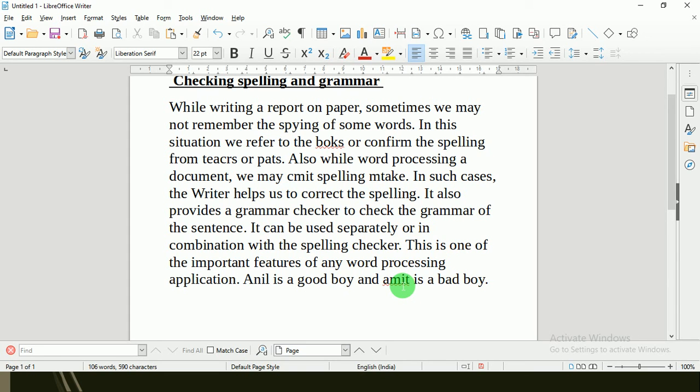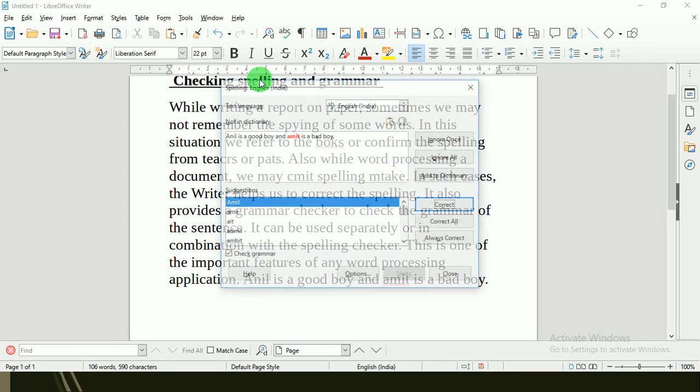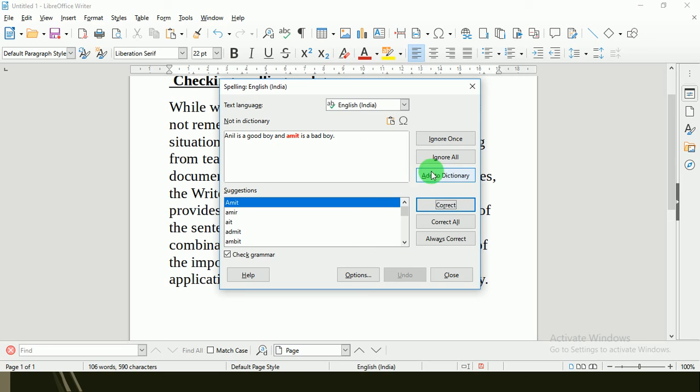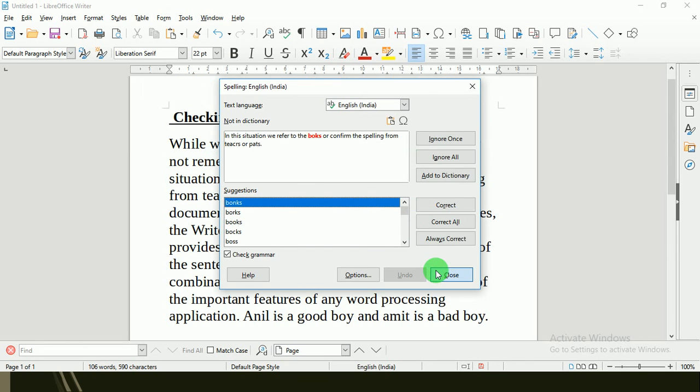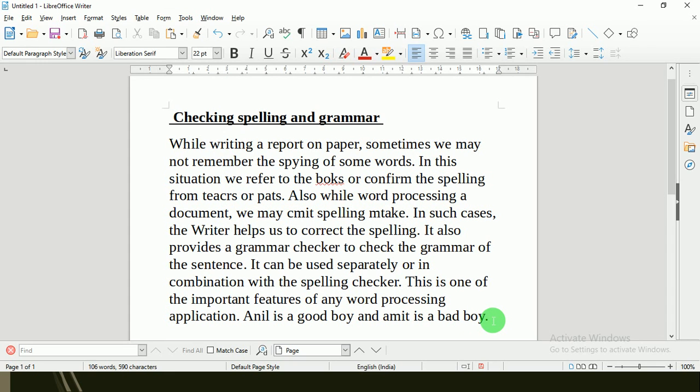If you know that it's a correct word for you, you can add it to the dictionary. How? Just go to tools, then spelling, and just add this word to the dictionary, add to dictionary, and now whenever you write this word Amit, it will never show an error.